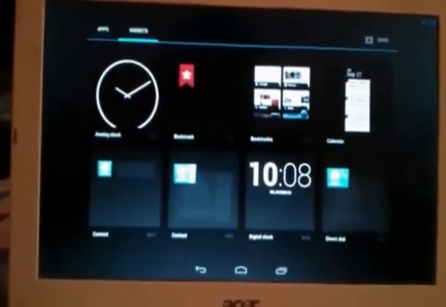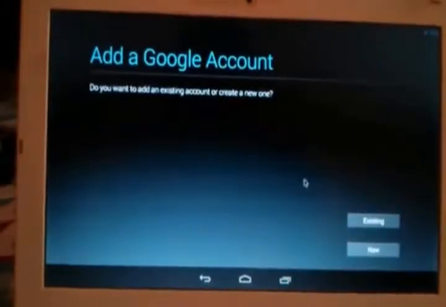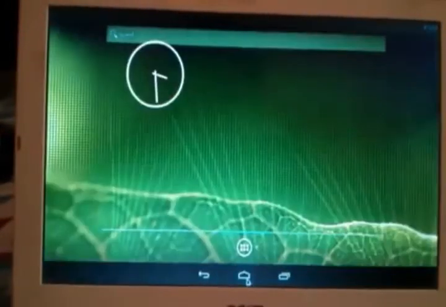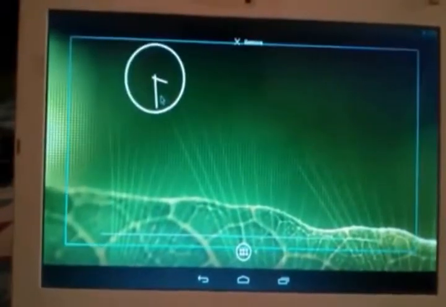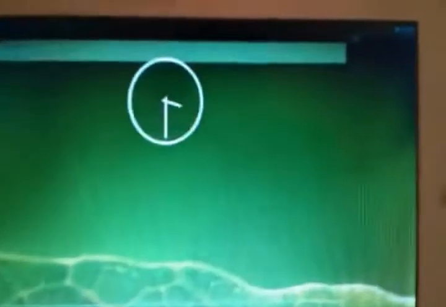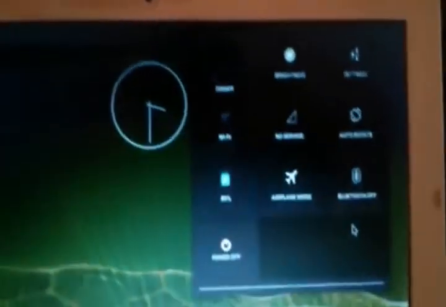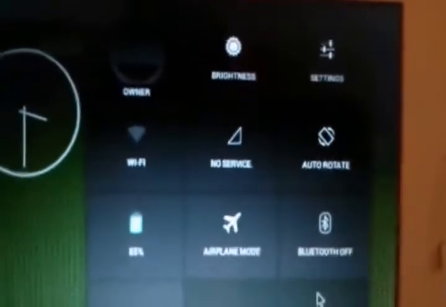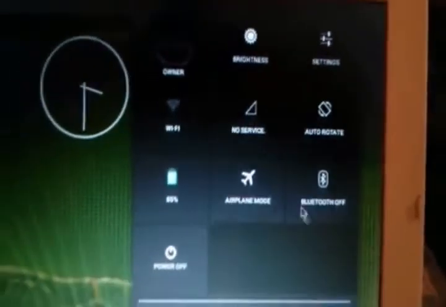You can download apps from Play Store directly by logging into your Google account. You can add widgets, move them, create screens, and there is a notification bar. It's almost similar to the Nexus.